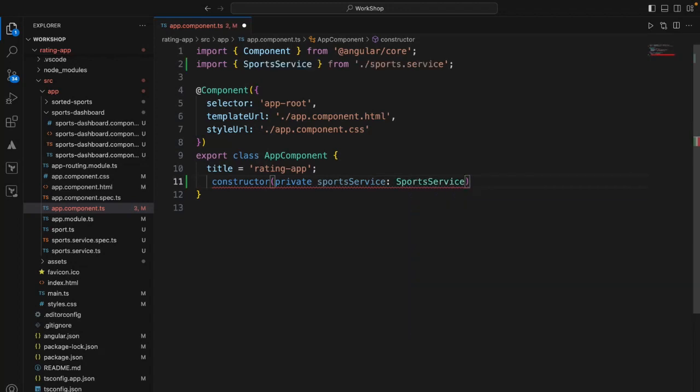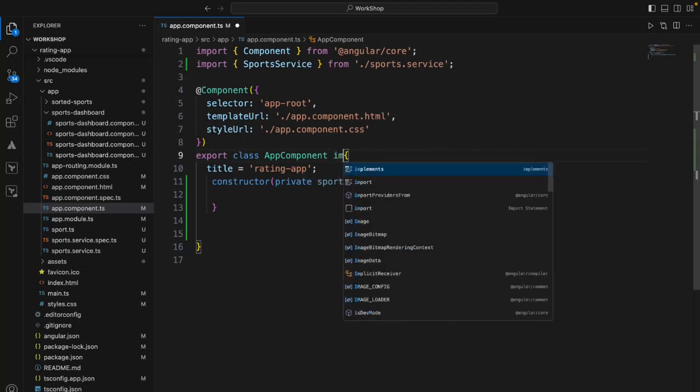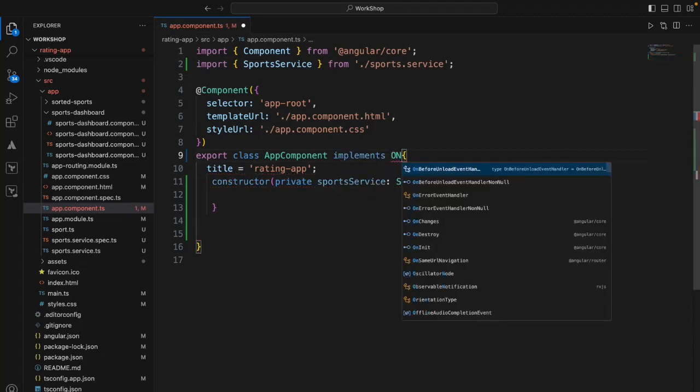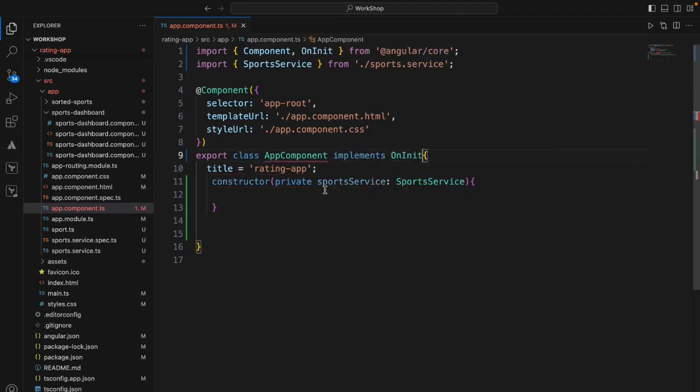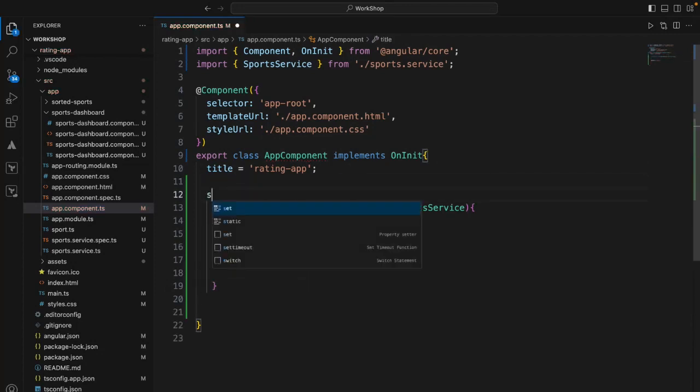We need to inject this sports service into the constructor. Okay, the next thing is I want to get this data by calling the service. For that, I'm going to implement OnInit, and it will force us to include the ngOnInit method. Now within this, I'll add sports